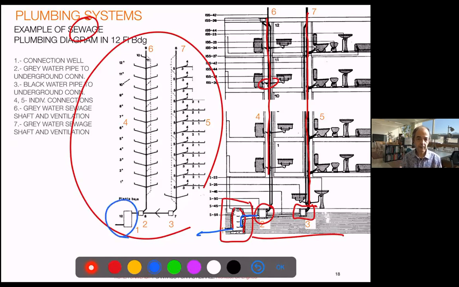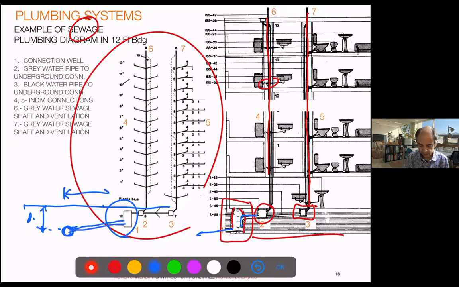So in reality, you have to know on the street where the city sewage is, the depth, right, and the distance, because you have to excavate, make the connection, and have some element you can register. Usually it is in the border of the building and inside your property. So usually this well belongs to the building itself, right?